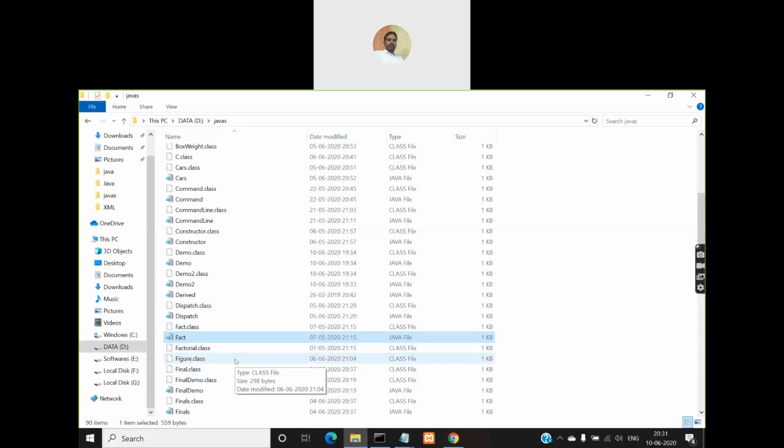If you try to create a new file in the same folder with the same name, then an alert window will pop up on your screen saying there is already a file with the same name, would you like to replace it or create a new one with a different name? If you click on yes, then the old one will be replaced with the new one. If you click on no, then it will ask you to save that file with a different name, right? Because in a single folder you cannot have multiple files or folders with the same name, right?